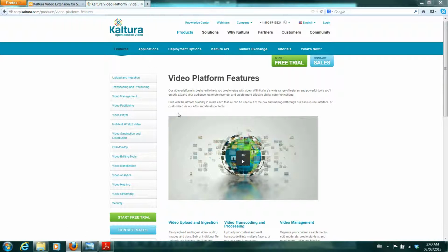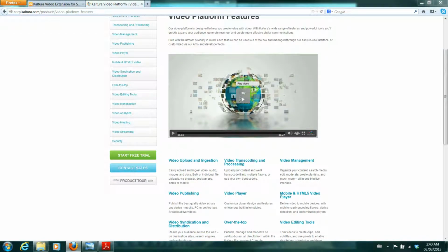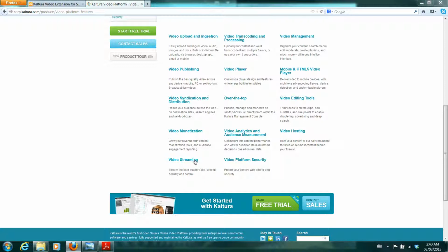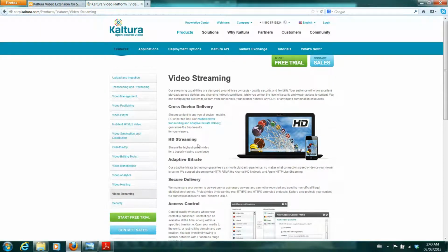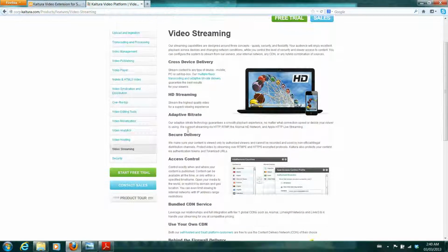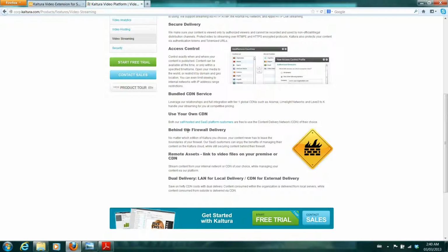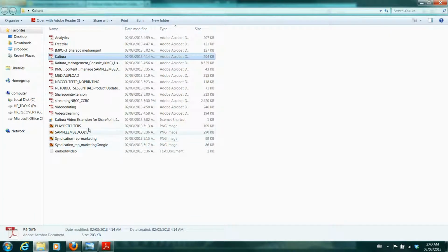So I wanted to go over some of the features. The first thing is playing video. What I went through was some of the things we might need. One is the video streaming capabilities. When you look at the streaming, access and security, it's actually quite easy to do, and you can leverage some of the techniques. And one of the things I wanted to show was some of the